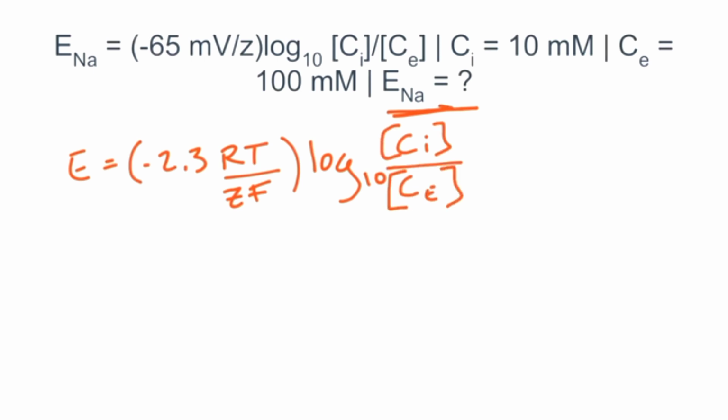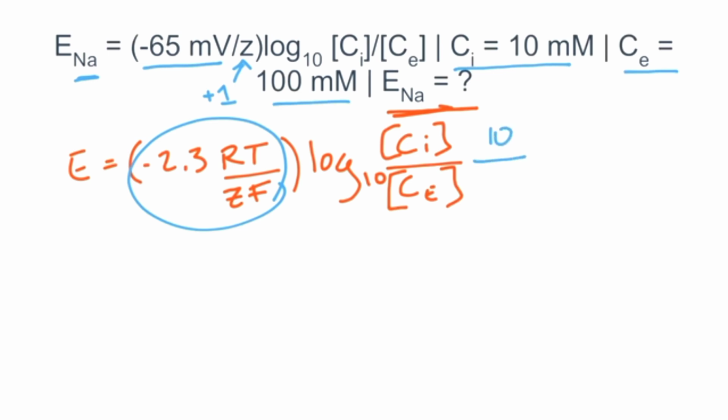We can see that all of the constants, so -2.3 RT over F, this whole part right here, was combined into a single value of -65 millivolts. And then Z is still right here. We also know that we're calculating for sodium, so Z would be +1. Finally, we can plug in the intracellular and extracellular concentrations, which we've been given right here, which is 10 over